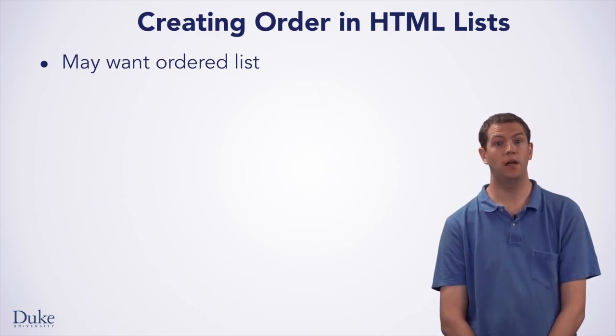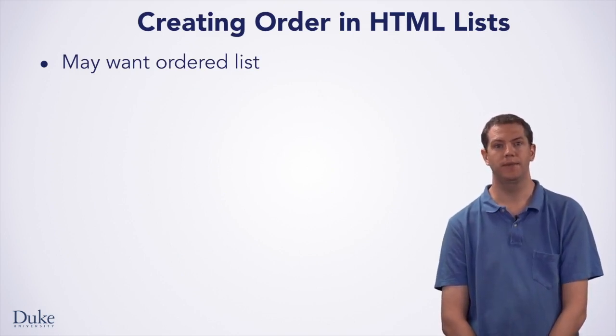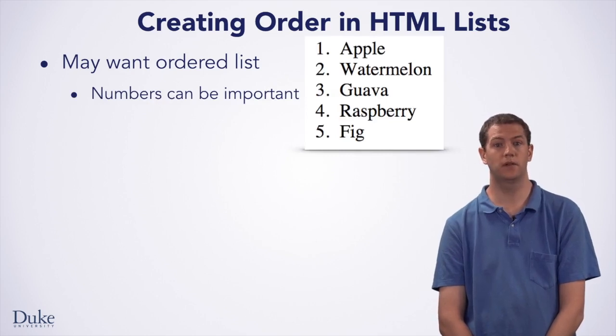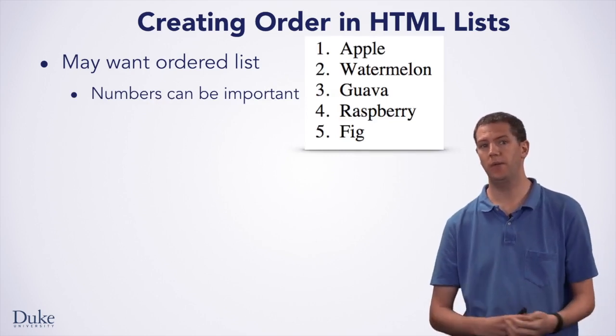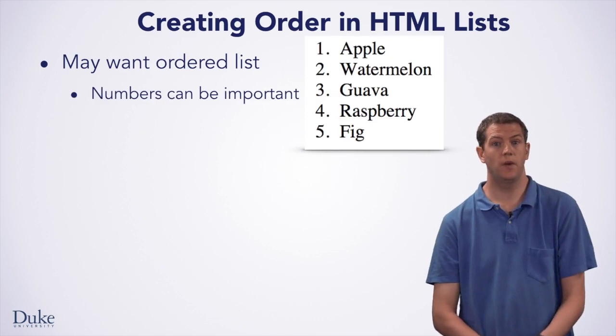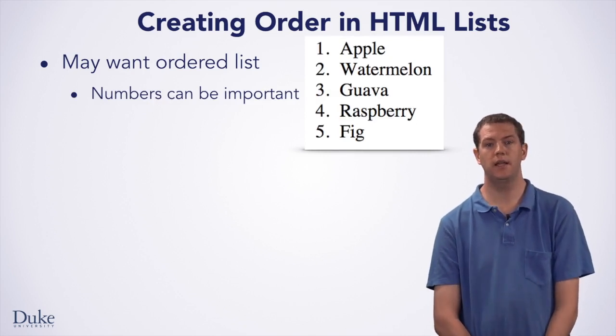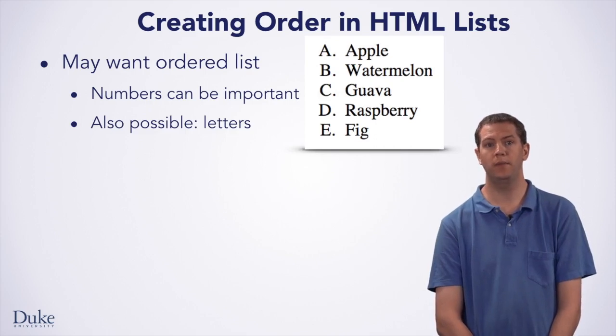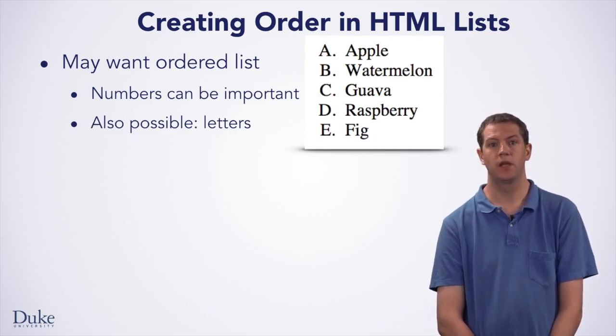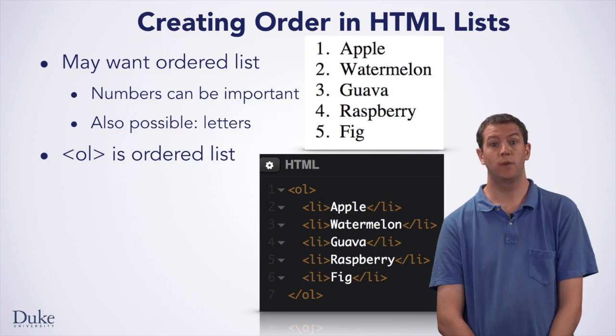But sometimes you want an ordered list, one that will number the items. If you wanted to describe your preferences for your 5 favorite fruits, for example, you might want to number them. In such a situation, numbering is important as you want to indicate the ordering of the list. You can also have lists which are ordered but labeled with letters instead of numbers. You can make these types of lists with the OL tag, which stands for ordered list and works a lot